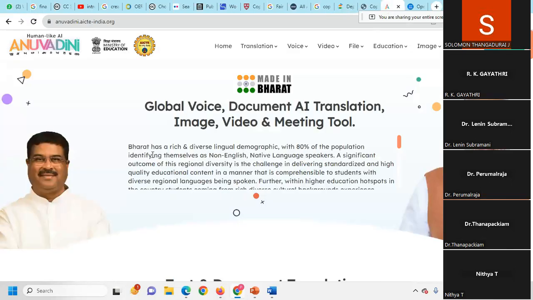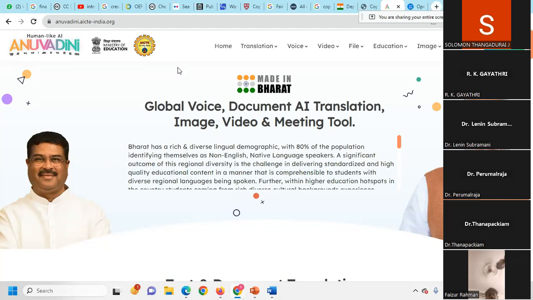So now most of the time we are translating some materials, right? Nowadays in your classroom materials, we are translating into our convenient language. For example, some English materials, or suppose you want to read some Hindi content, you can convert it into Tamil also. So now the Government of India, Ministry of Higher Education, with the help of AICTE, have created many content translating websites. Even though you have Google Translate, in this particular website you can translate content which has 20 pages at a time, okay.